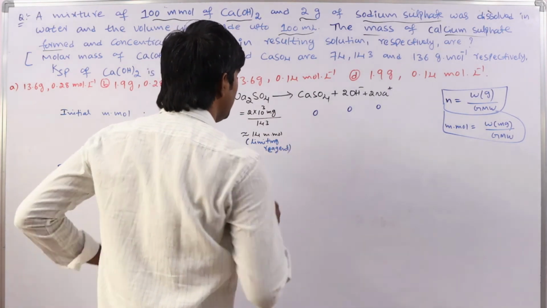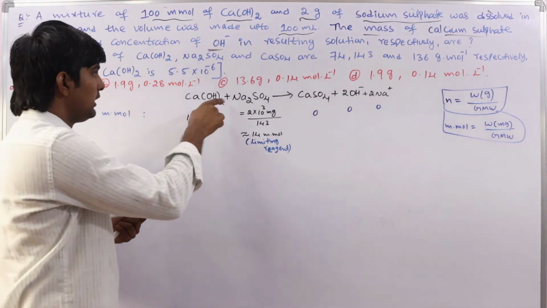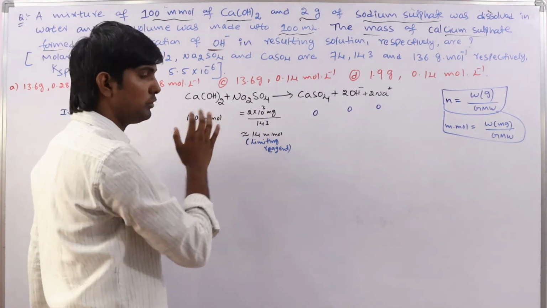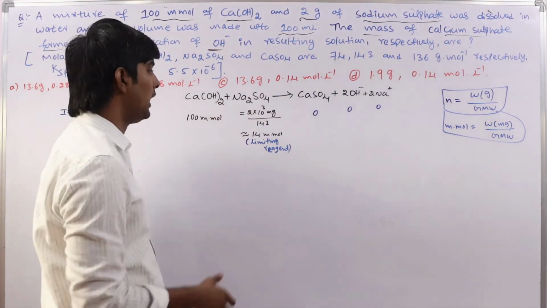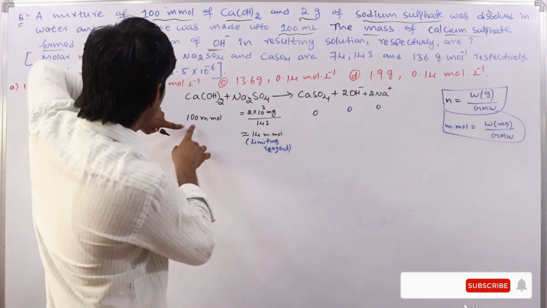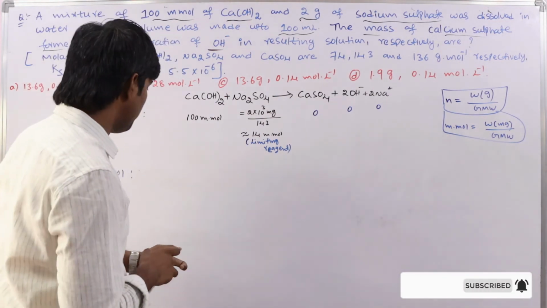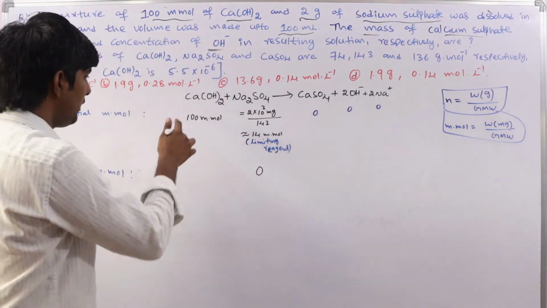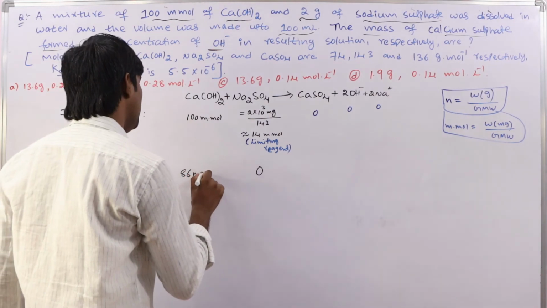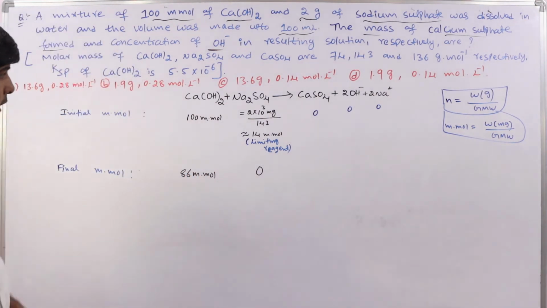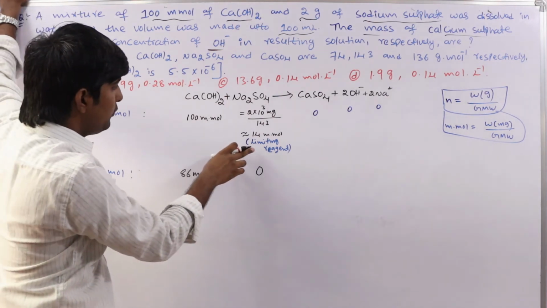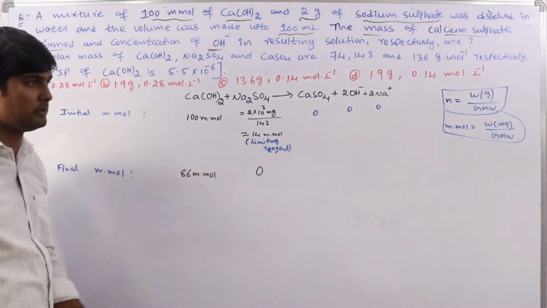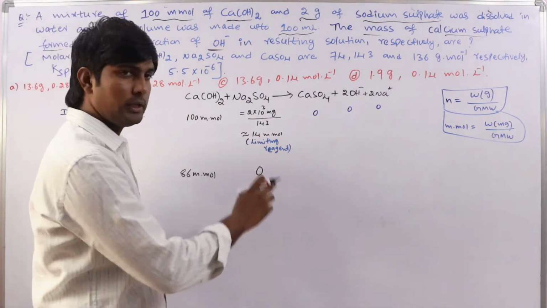Okay, so this is the limiting reagent, because as per the equation both are reacting in the 1:1 ratio. It means that to react completely, we need 100 millimole each, but here 14 millimole is given for one, which is less. So this is completely consumed, and here we have 86 millimole left. Only 14 millimole out of 100 reacted with the sodium sulfate, and the remaining 86 millimole remains as it is. This is completely reacted because it is a limiting reagent.